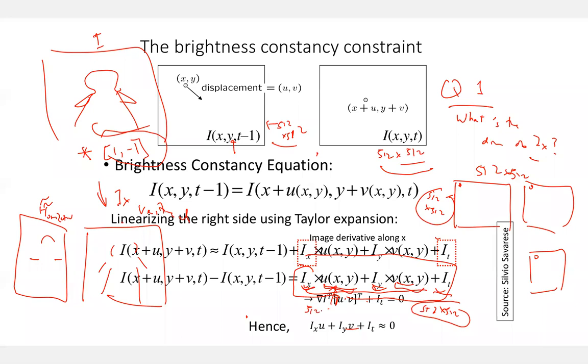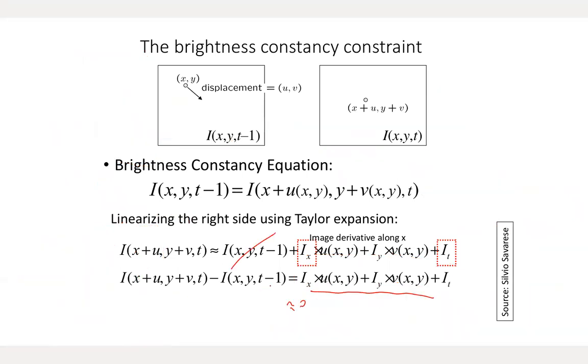And V here is also 512 by 512, right? So I actually have 2 times 512 by 512 unknowns, but only 512 by 512 equations. So of course this is not a well-defined problem. We have more unknowns than equations, but we can use this